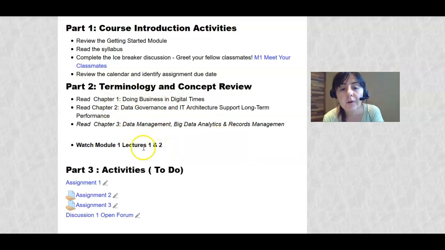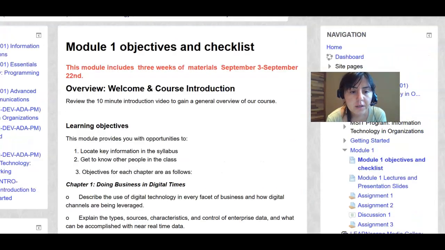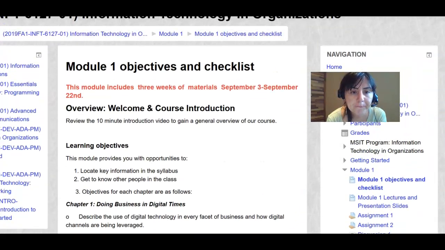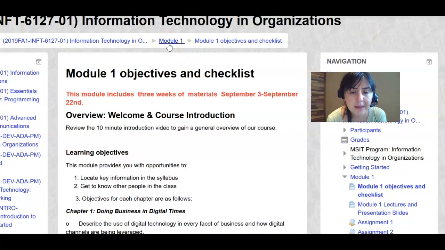But normally for some modules that require some help, I will have some lectures recorded as I'm recording right now, and you can view it using the link that I provide. And then you have the activities to-do list, so you can see what activities are due as well here. So assignments 1, 2, and 3 are here, and then discussion 1. So there are 4 things that are due. So if I go back to module 1,